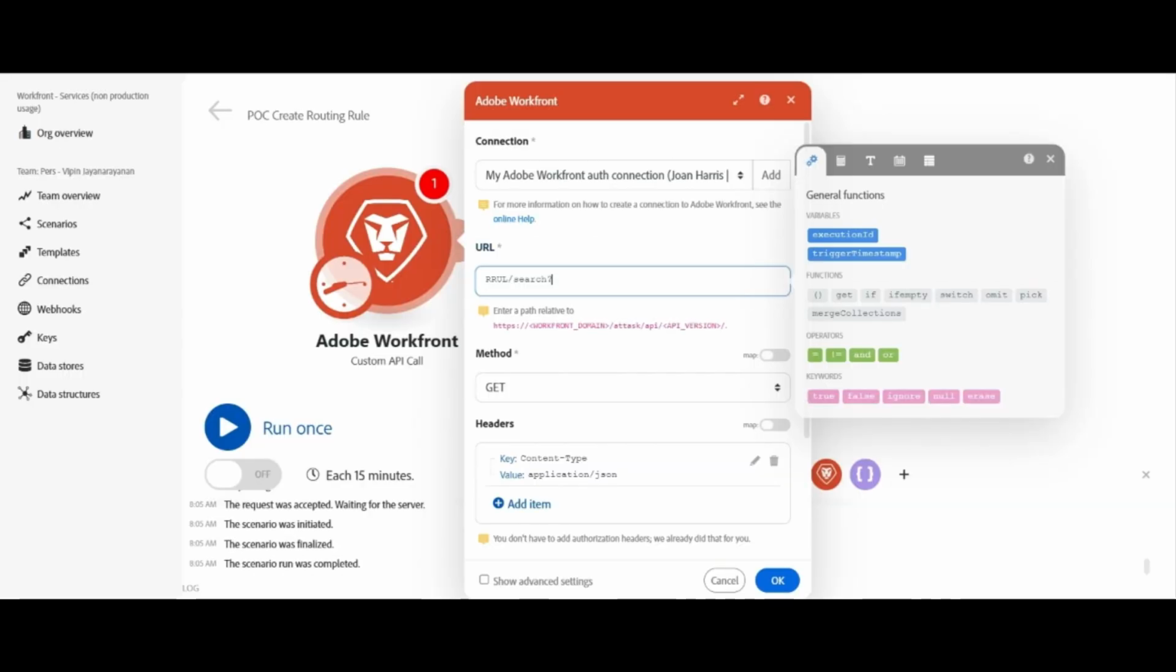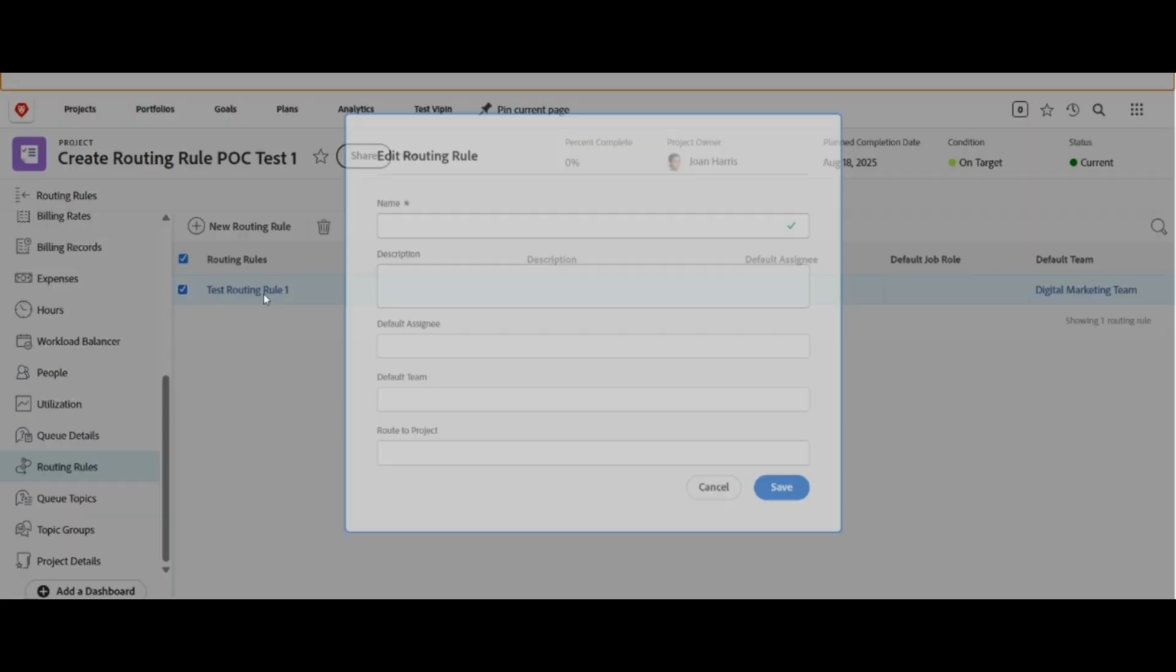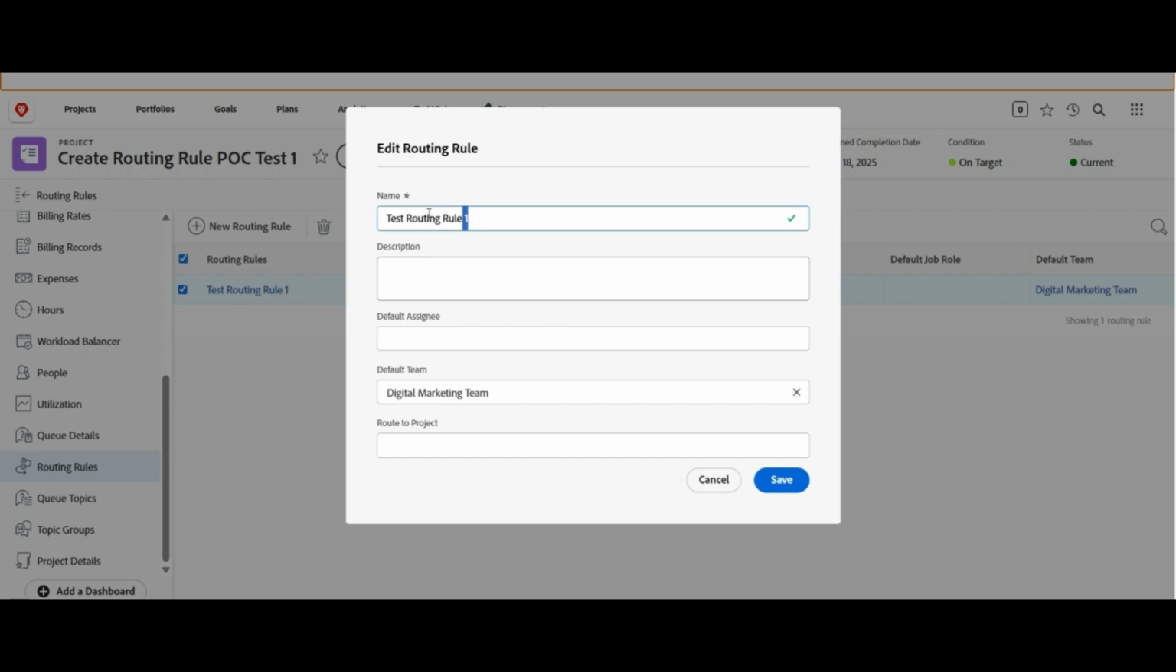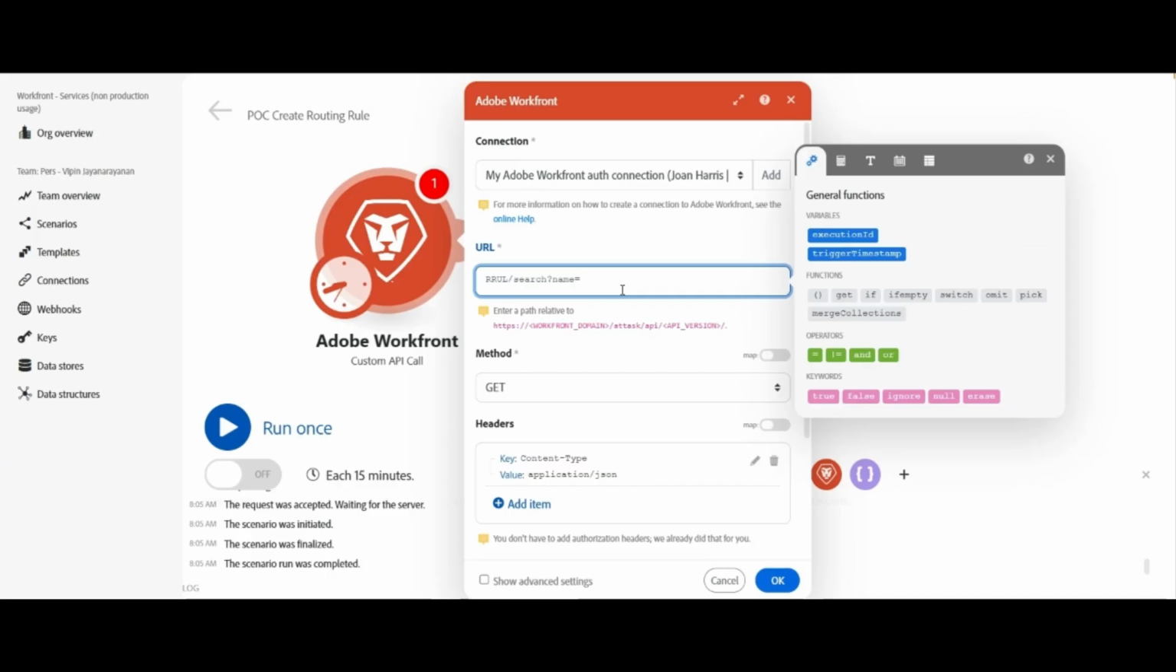I'm searching for routing rule where name equal to what? Let's try to get a sample routing rule here. This is a sample routing rule. Let's try to search for it, basically test routing rule one. Name equal to this one, and it resides in a particular project, right? It resides in a particular project, and that project would be